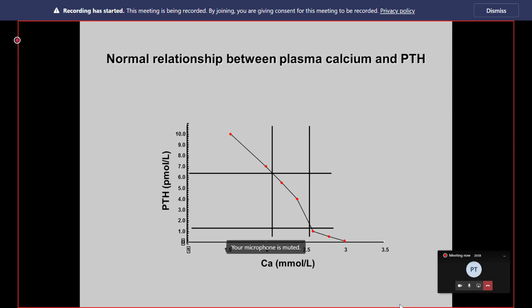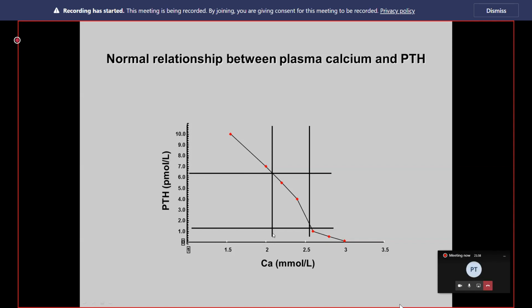So when we look at serum calcium or plasma calcium, we always look at it with PTH, and we need to understand the relationship between plasma calcium and PTH. Here I've given a graph which has plasma calcium on the horizontal x-axis and PTH in picomoles per liter on the vertical y-axis. The two vertical lines indicate the reference limits for serum calcium, and it varies between labs